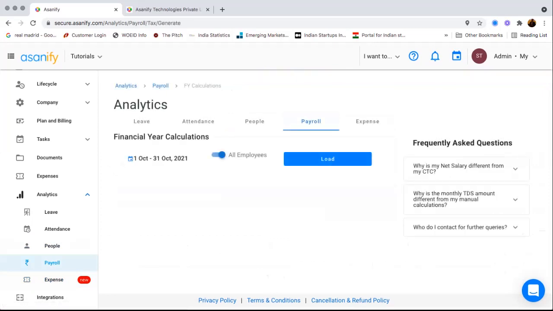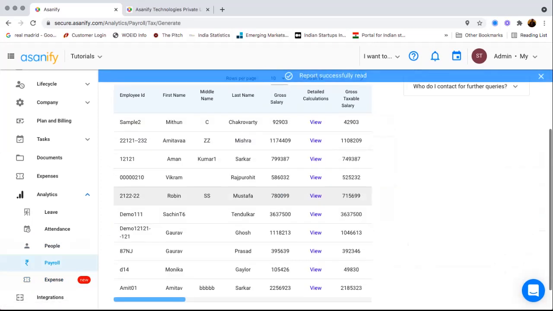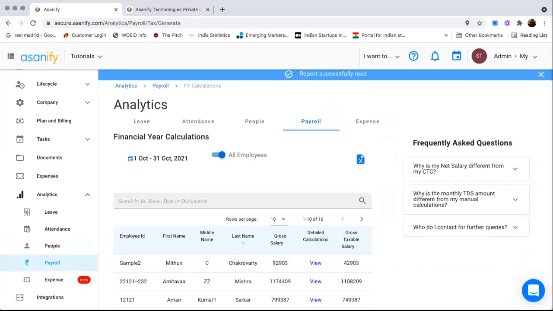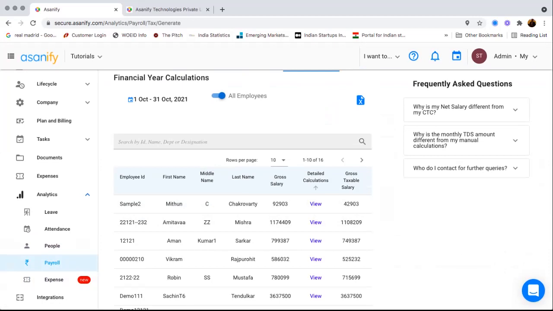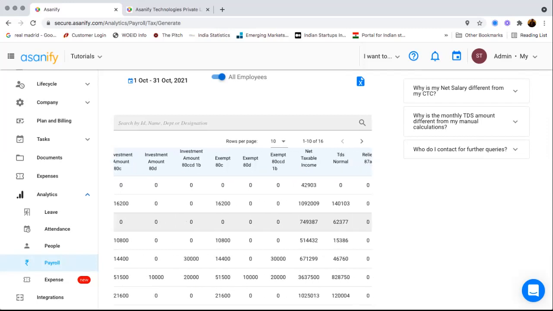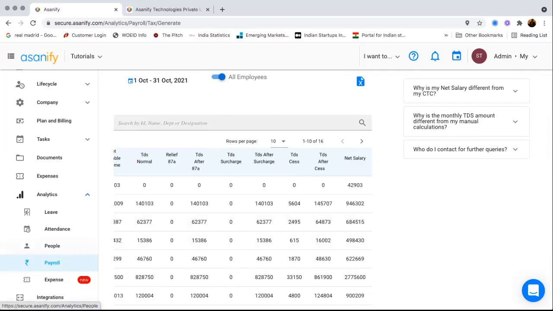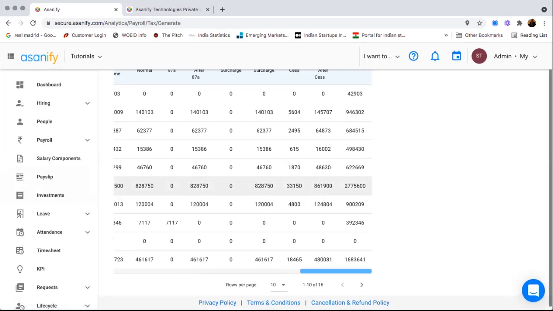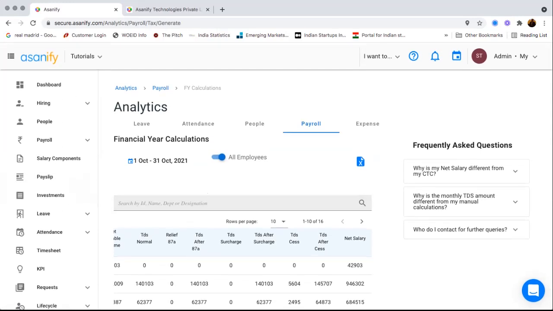If you want to have any specific new report, you can also create that or request us. We will create that for you. Similarly, for the financial year calculations, we will also show you the detailed calculations here. Just the high level summary will also be available here, right? But how we calculate it will also be available. We have a bunch of integrations with Slack and Microsoft Teams and various other tools that can also be done. So that's pretty much it.